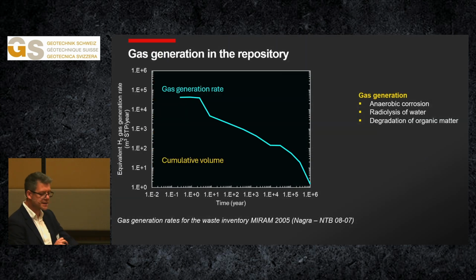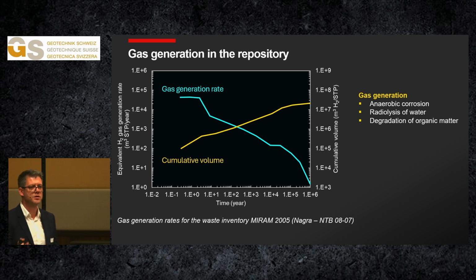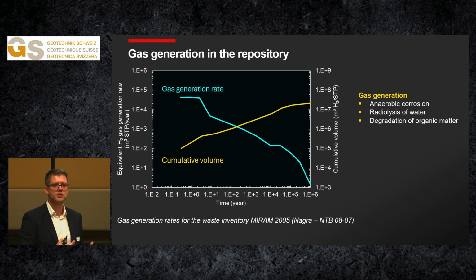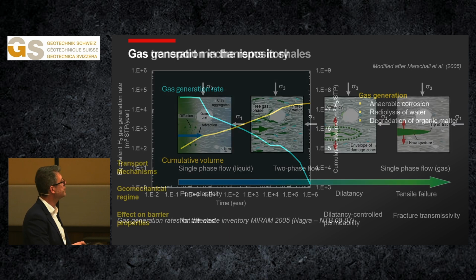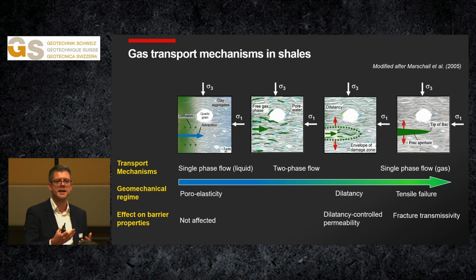Quickly about the gas transport. Gas transport was mentioned today. There are already quantifications, in scenarios, of how much gas can be produced over the course of the year. This was done by Nagra, and you see the cumulative volume of gas. And now the big problem is how this gas can